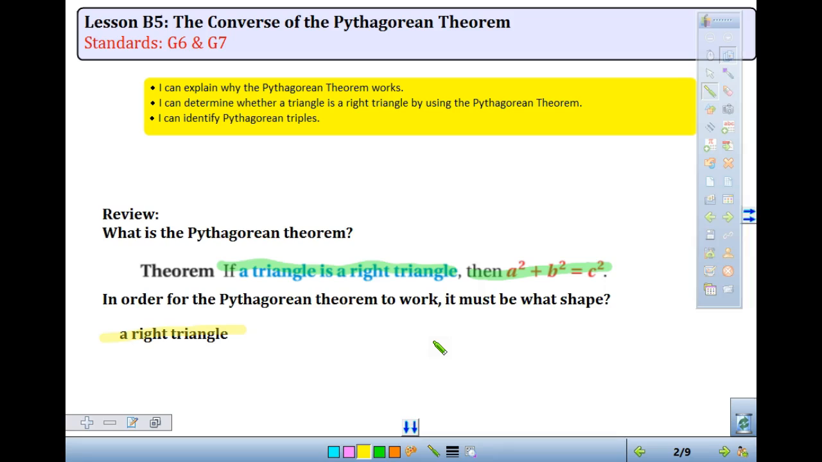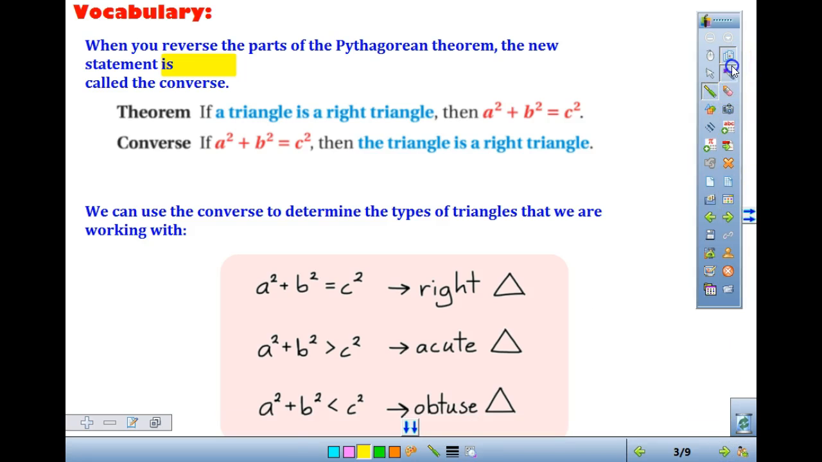Okay? And we're going to see today how we can show if it's an acute triangle or an obtuse triangle. If the triangle is a right triangle, then a squared plus b squared equals c squared. So that next part down in your notes, that's what we are going to be looking at as we work on our homework tonight. So it says, if you reverse the parts of the Pythagorean theorem, a new statement is